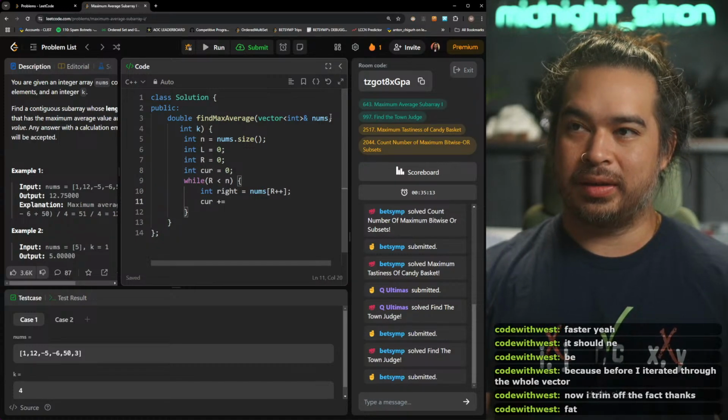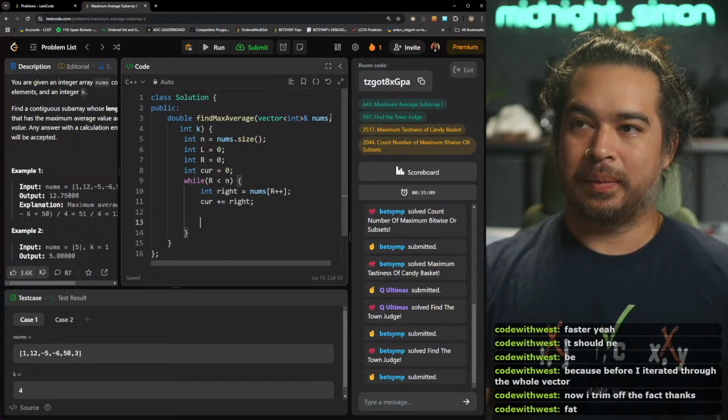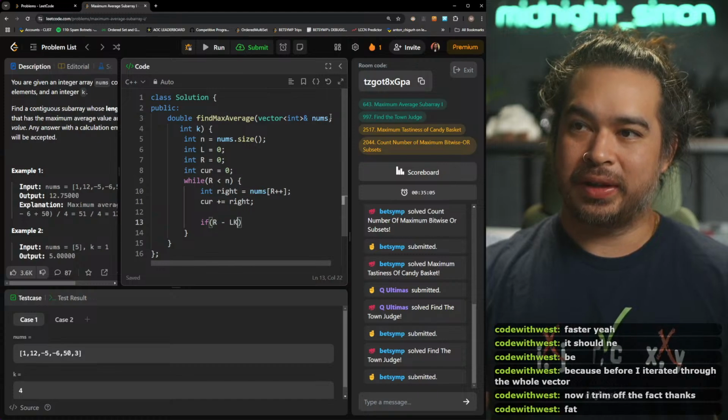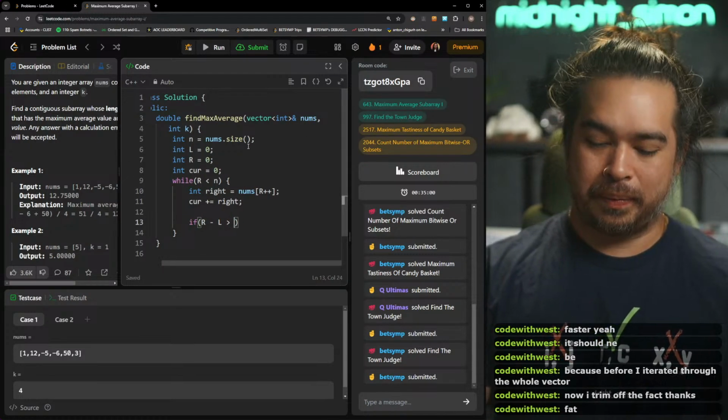So I take in the rightmost element, I add it to my sum. I will shrink the window if r minus l is greater than k.